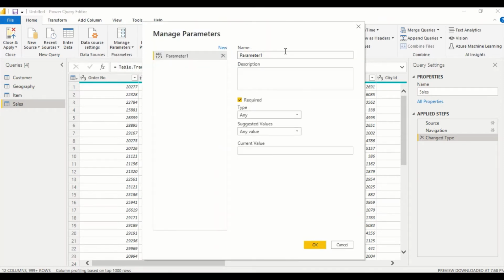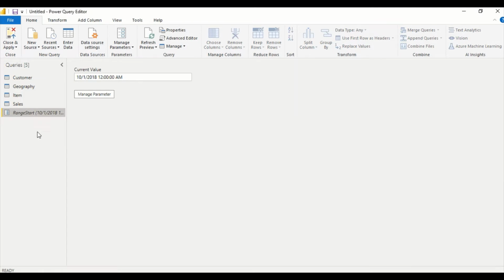I'm going to say new, and then I'm going to create RangeStart. Okay. And for RangeStart, I can give the description, and the data type is date time which I require. So I created a date time data type, and I say okay. And the current value is required. So I say 10-01-2018. It was there from October sometime, so let's start from the first date. Why start from the middle of a month? Okay, so that's the first date we got.